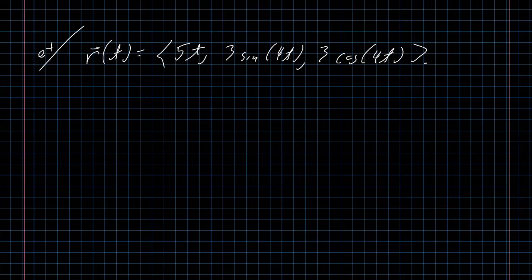Here is the parametric curve that you studied in the previous video. R of t has components 5t, 3 times the sine of 4t, 3 times the cosine of 4t. And so you already know